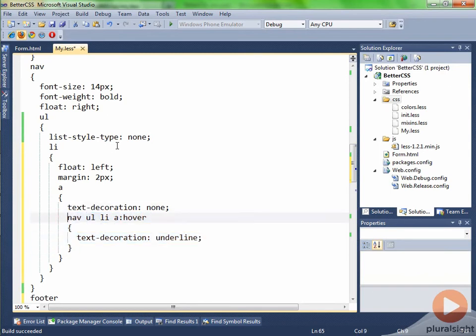Now in this case, we're really saying we just need to attach the hover here. So I'm going to use that ampersand combinator that we talked about in the slides. So this is going to take this A and make the decoration none, but then say A and the hover is going to be this piece right here, the underline. So all of these nested elements,